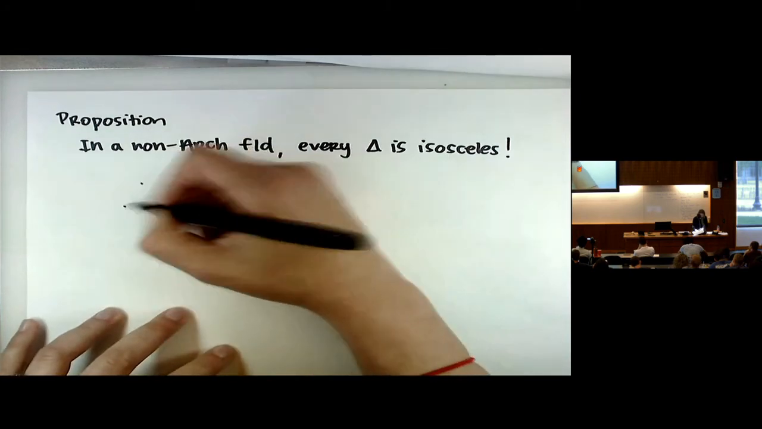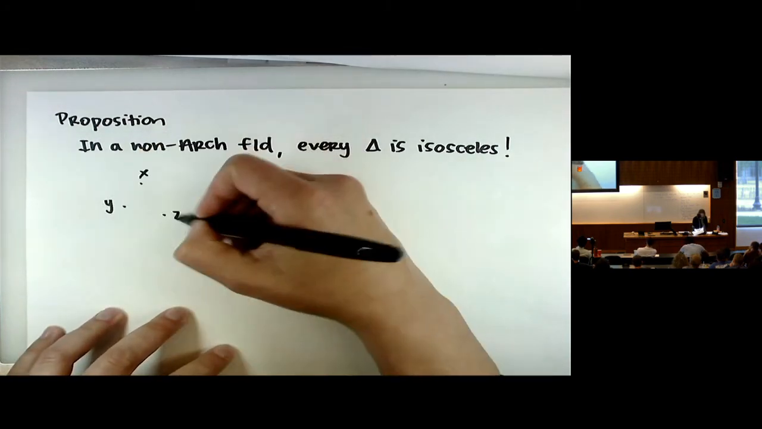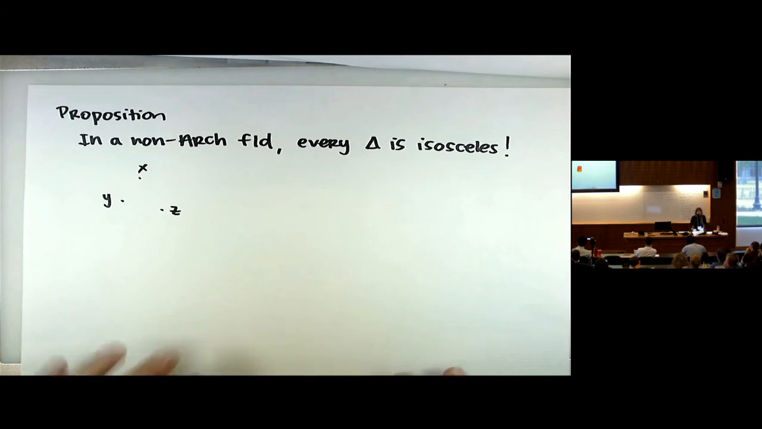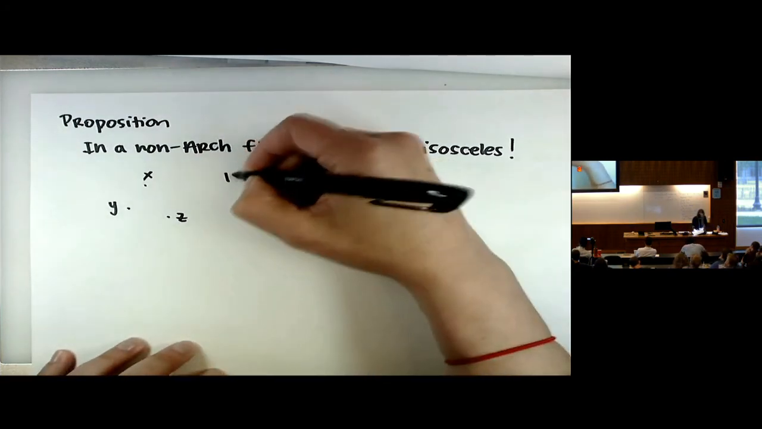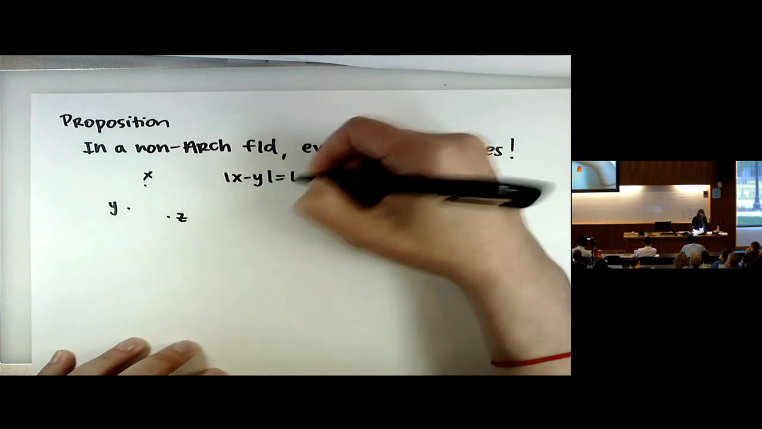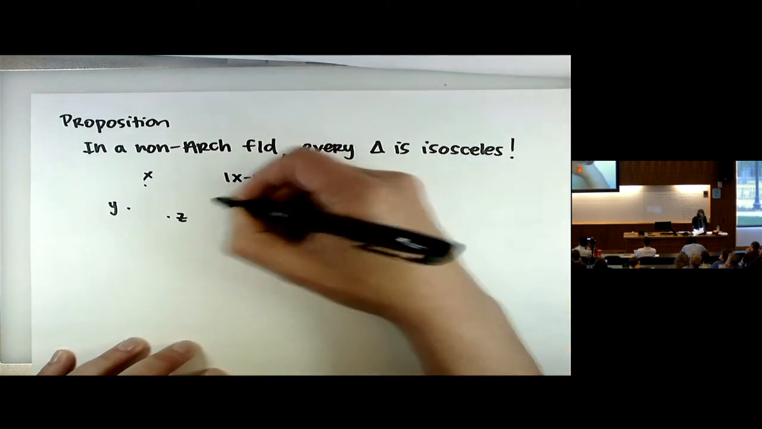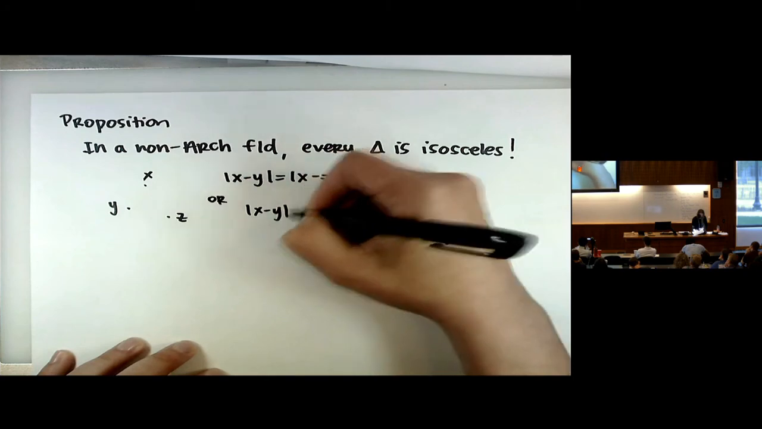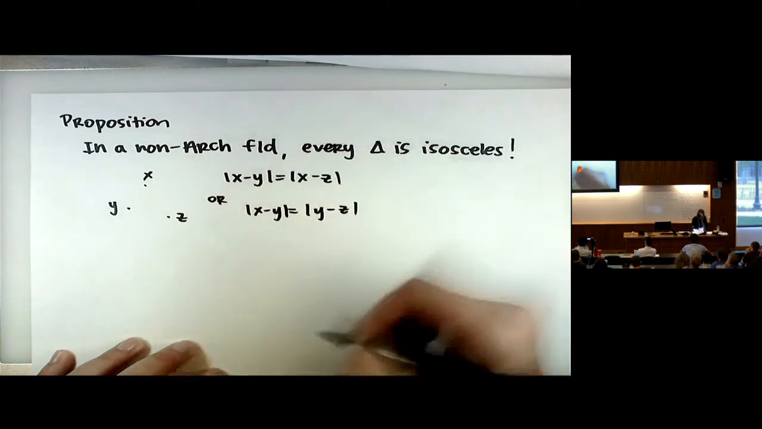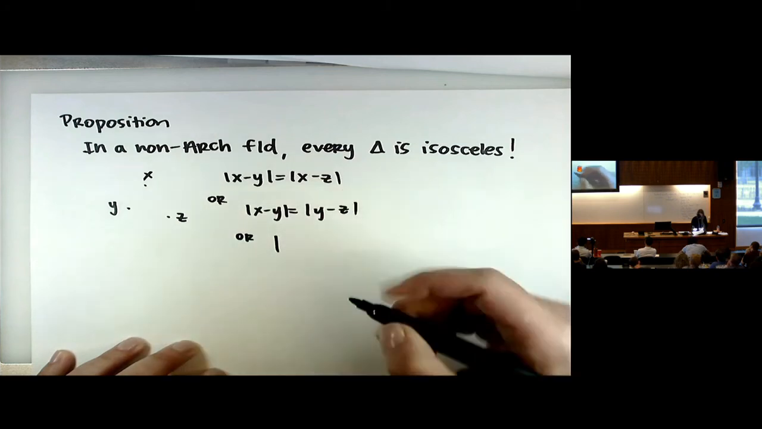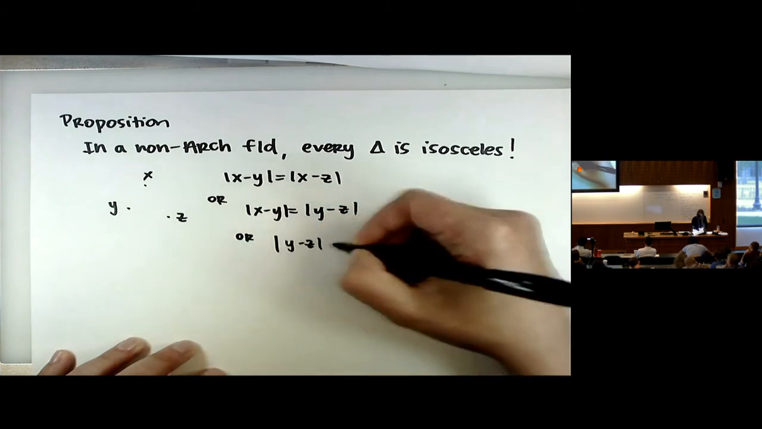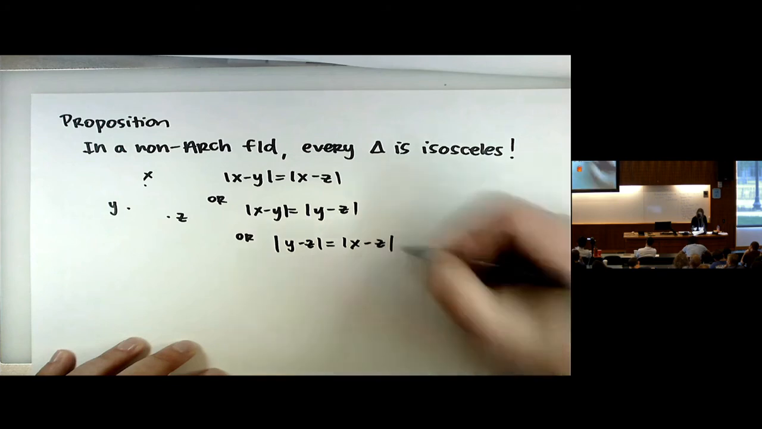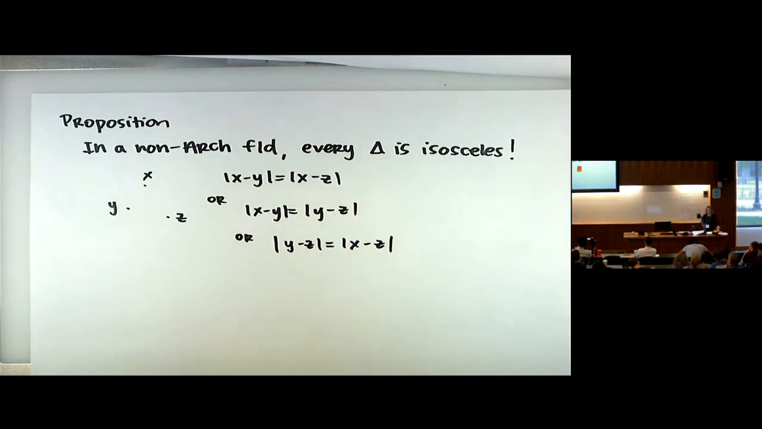so what do I mean? I mean that if I have 3 points, either the distance between x and y is equal to the distance between x and z, or the distance between x and y is equal to the distance between y and z, or the distance between y and z is equal to the distance between x and z. One of these has to be true. Has to happen. So already you should start thinking that this is going to get strange, right? Or